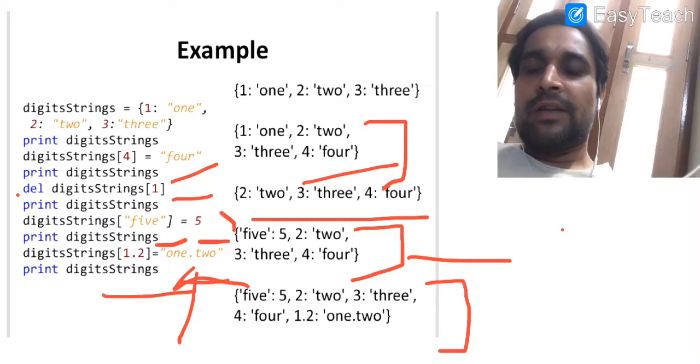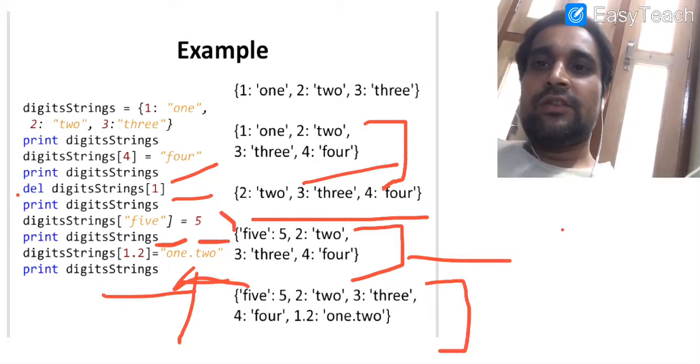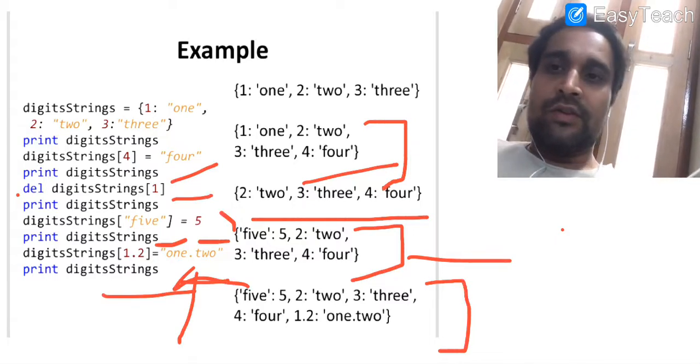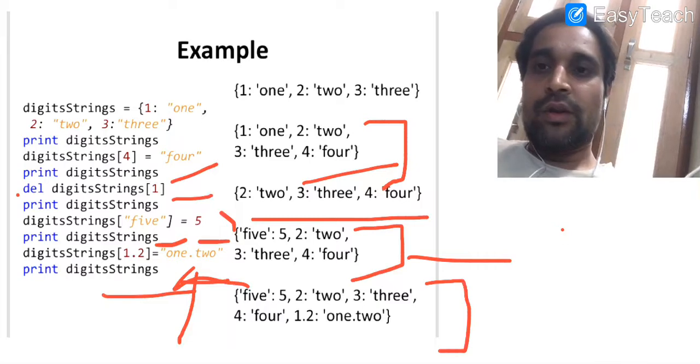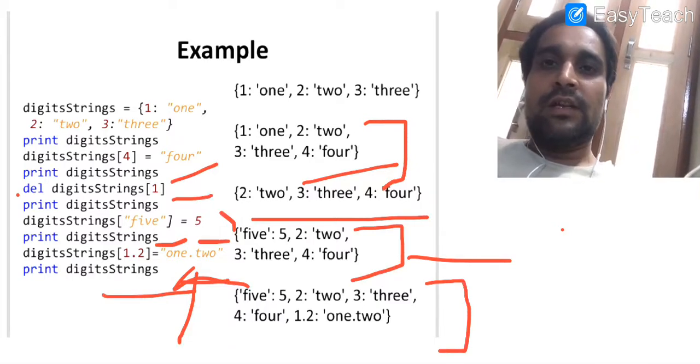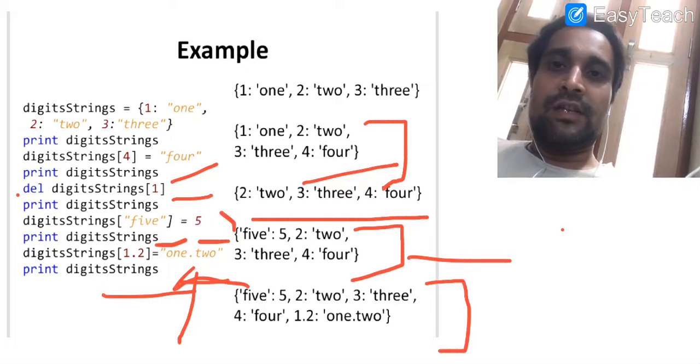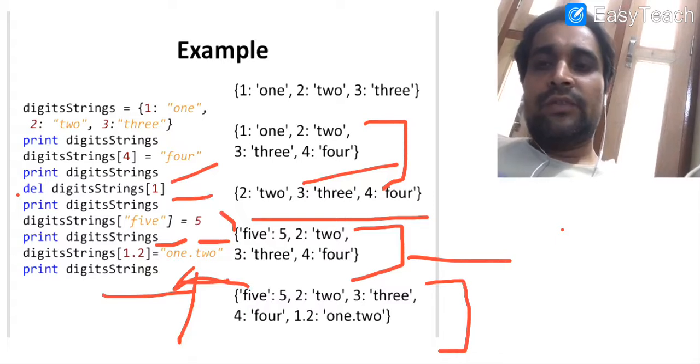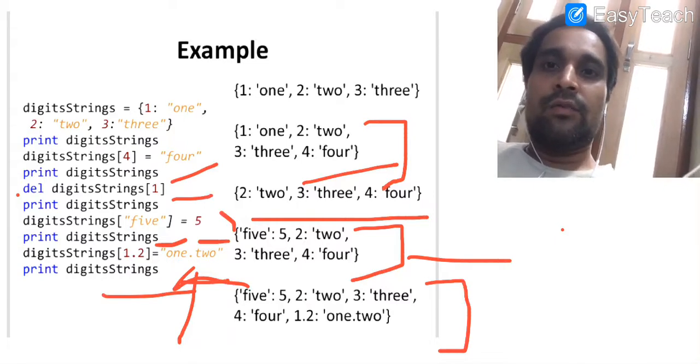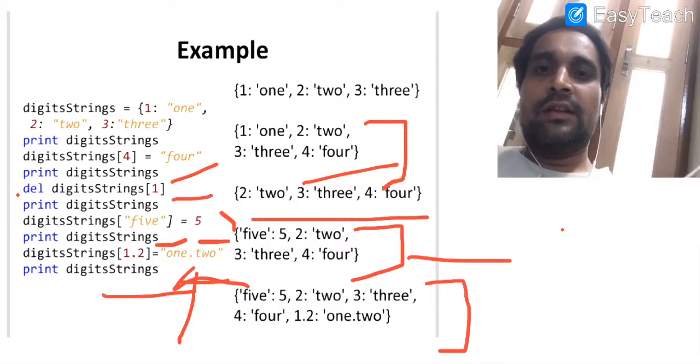So what was actually happening, we have certain elements in the dictionary, we were printing the entire dictionary, thereafter we have added some more values. But one thing you must always remember, if you are trying to modify or give some value for a key which is already available in the dictionary, then its value will be overwritten. Means if there is some key that is already available and you are assigning some new value with the help of the assignment operator, then that new value will be used in the dictionary in future.